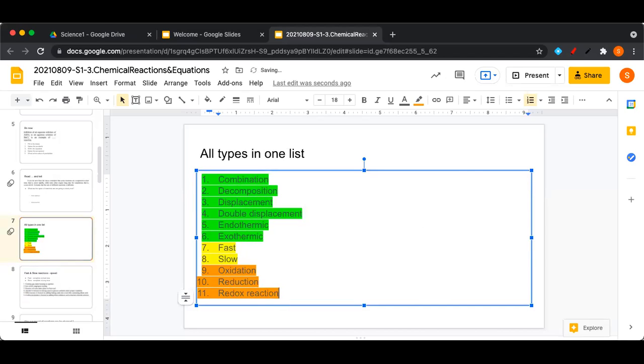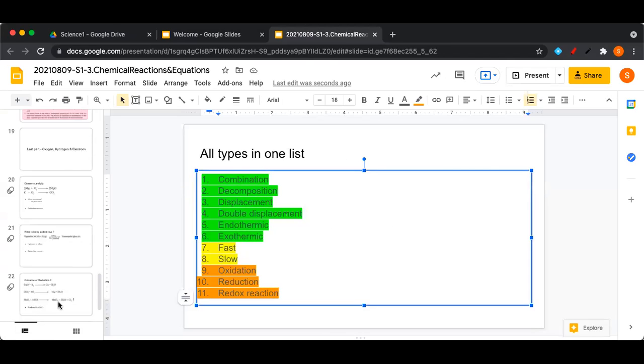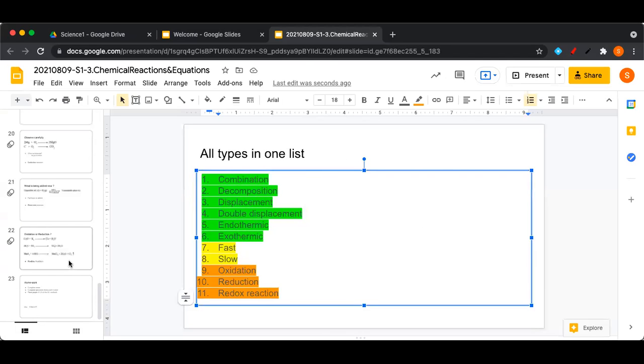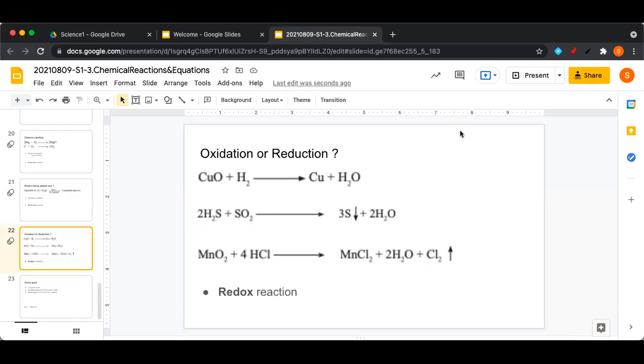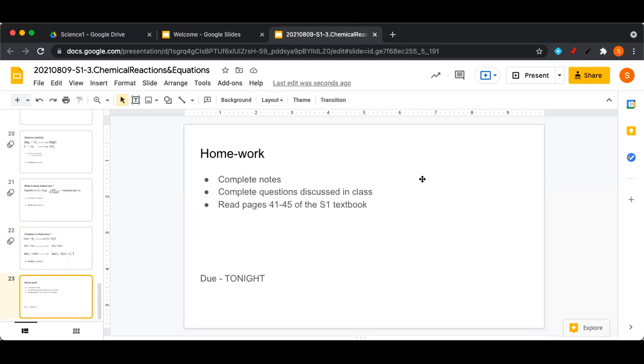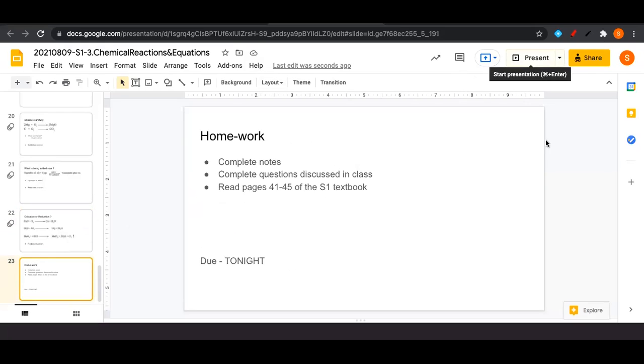I will also tell you why I did not include this in the list earlier. We will also discuss, do we need to include this in the list at all? But to discuss that, we will need to understand oxidation, reduction, and redox in much more detail, which we will do next time.